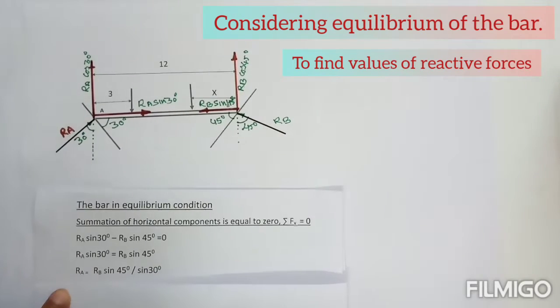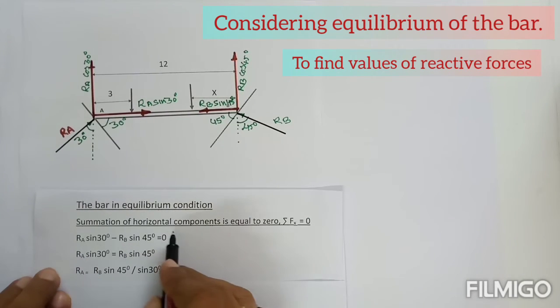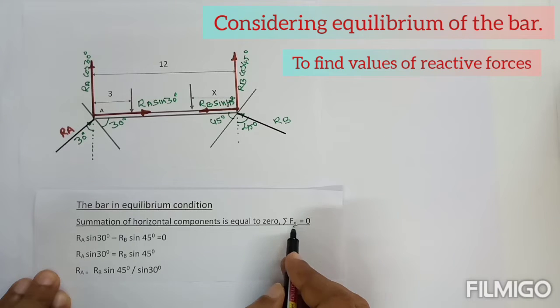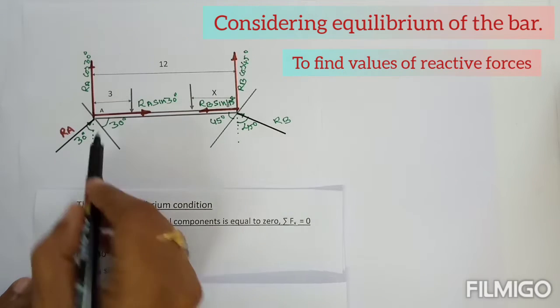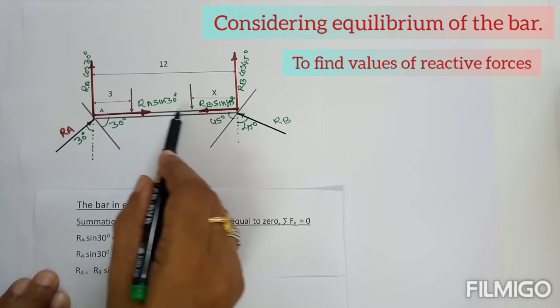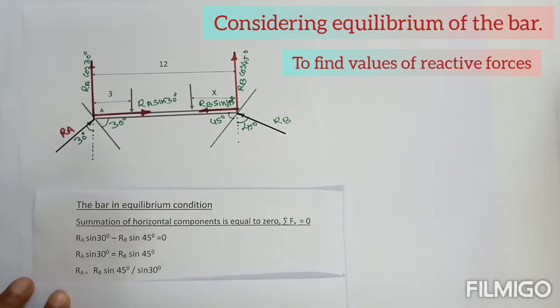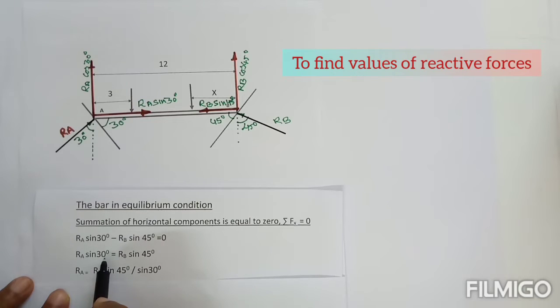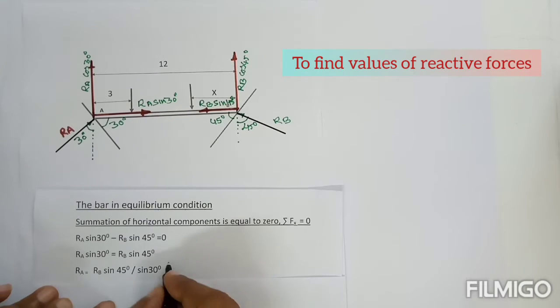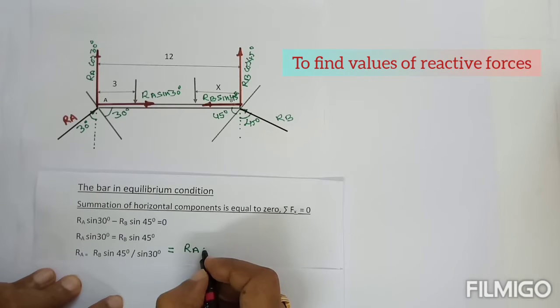The bar is in an equilibrium condition. So first we'll consider the summation of horizontal components equal to 0. So sigma Fx is equal to 0. That is RA sin 30 minus RB sin 45 is equal to 0, as rightward force is positive and leftward force is negative. So RA sin 30 degrees minus RB sin 45 degrees is equal to 0. RA sin 30 degrees is equal to RB sin 45 degrees. So RA is equal to RB into sin 45 by sin 30 degrees, which is equal to